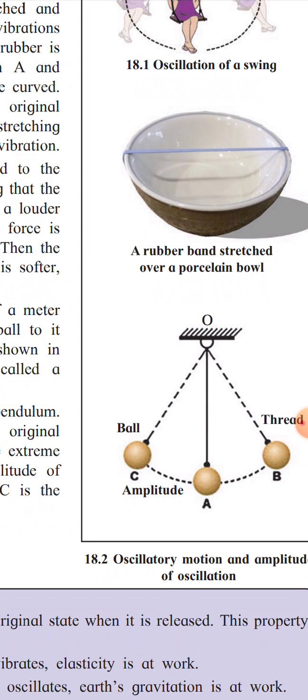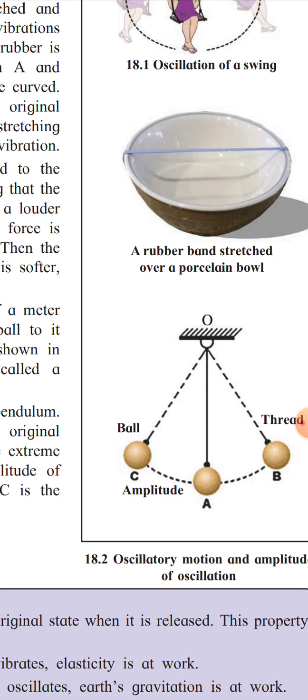When the rubber band is stretched from the original position A to the position B, it is seen that it is curved. The maximum distance between the original position A and the position B on stretching the rubber band is called the amplitude of vibration. What is meant by amplitude? Amplitude is nothing but the maximum distance covered by an object on any one side of its central position while undergoing vibration. It is called the amplitude of vibration.